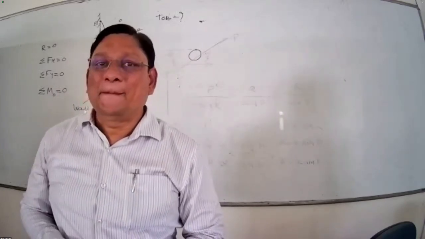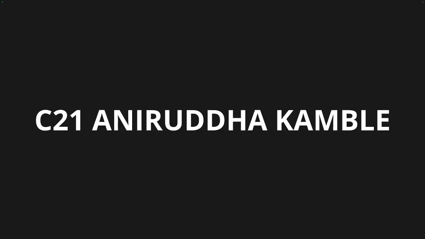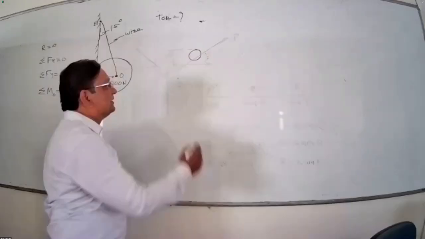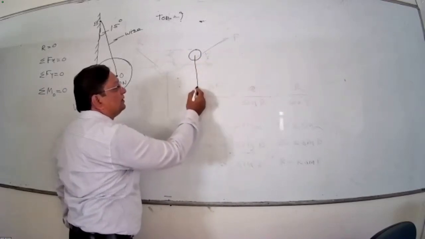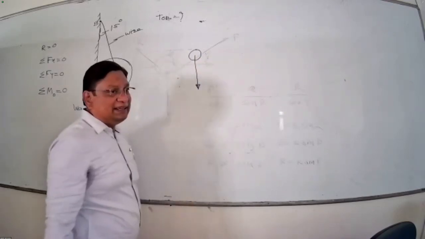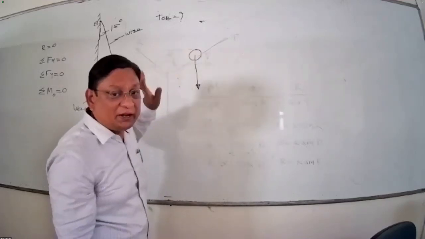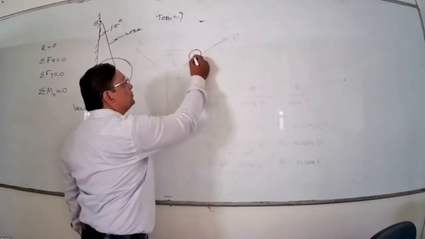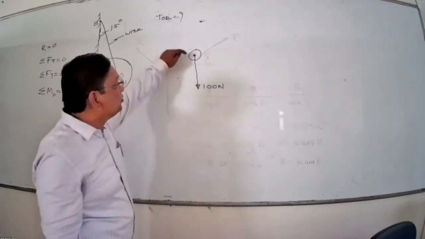Can anyone tell me, सबसे पहले हम क्या करते हैं free body diagram में? Which point are you considering? So, weight of the cylinder. Yes, weight of the cylinder. Weight of the cylinder कैसे लिखा हूँ मैं? It's always acting vertically downward through the center of gravity of the body. So definitely the weight of the cylinder W, which is given to me as 100 Newton, is acting through the center of the body.